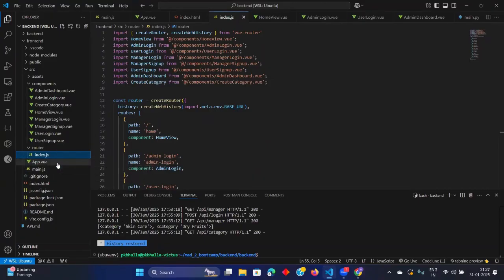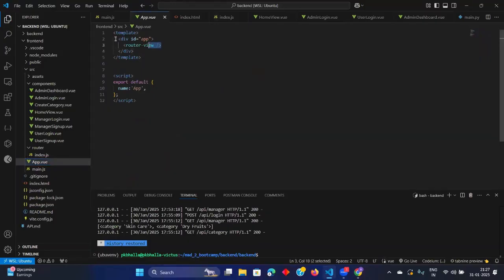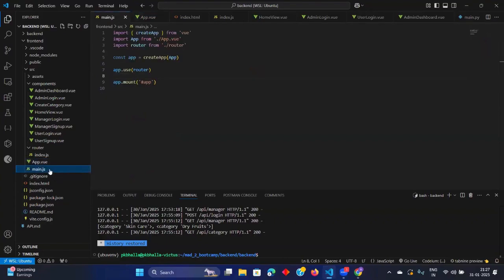And also we are defining that thing in app.vue. You see here, this router view, right? So with HTML, we have only three things: CSS, JavaScript, HTML. These three files connect together and make a web application. These three files only: JavaScript, HTML, and CSS.